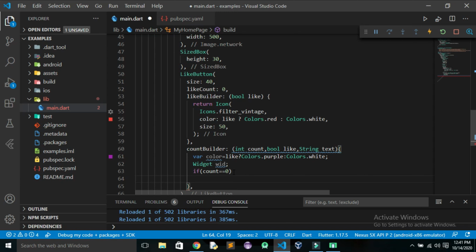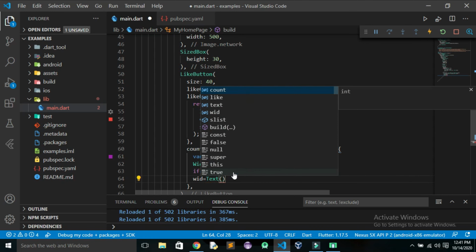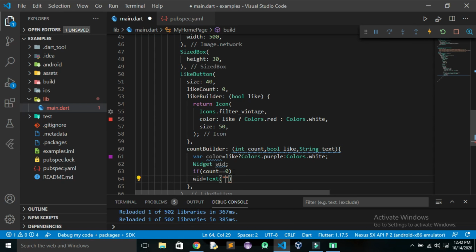then what I'll do is I'll assign the widget with a text widget, and this text will be that you have to click on it. So I'll just name it as love, or click, you can do anything, or you can write show some love.